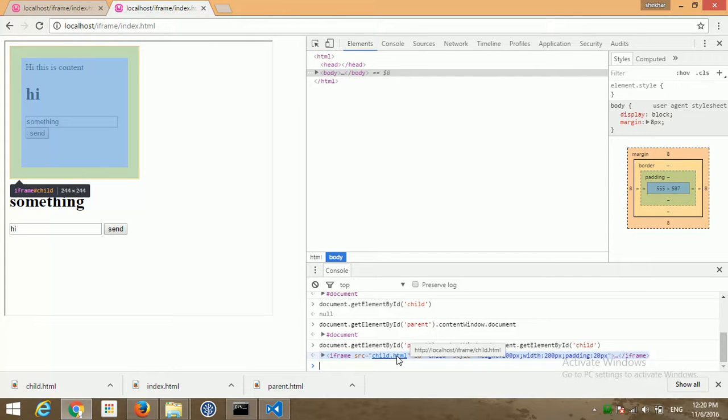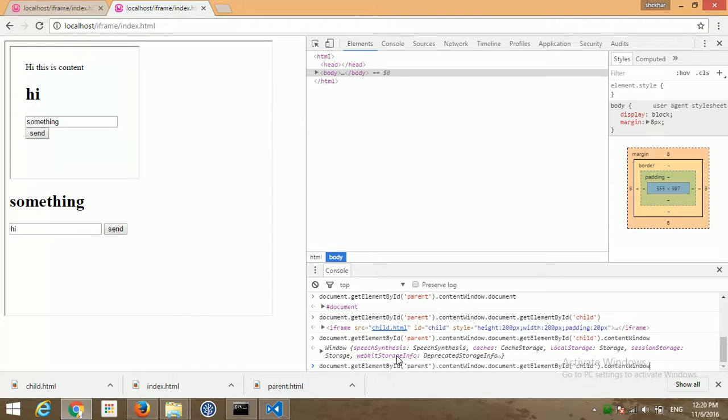Again if I want to get inside the child window, I should do .content. If you want to access test2 which is inside child window, you cannot access from here. For that you need to go inside the contentWindow of child, and .document.